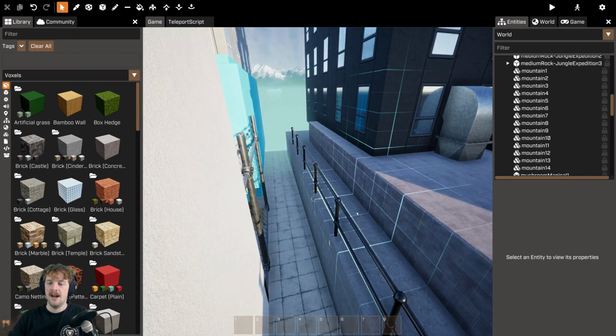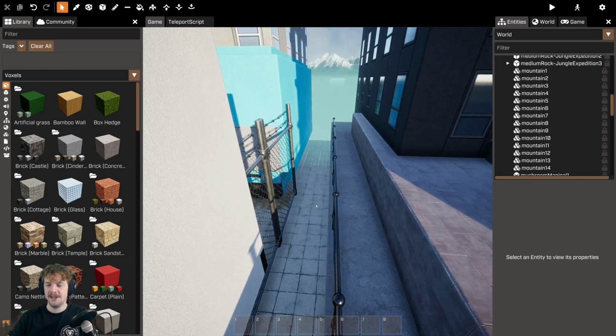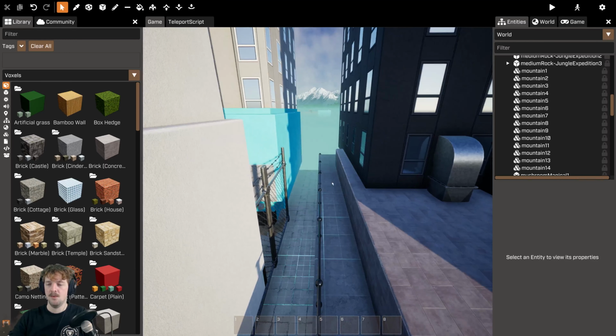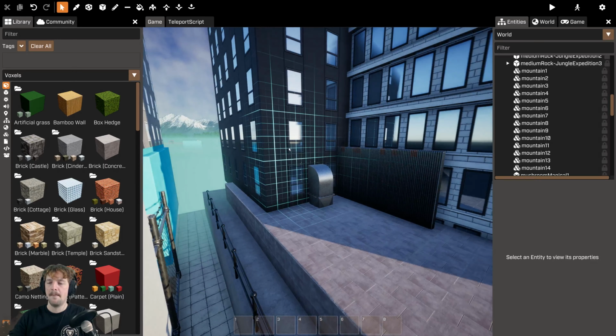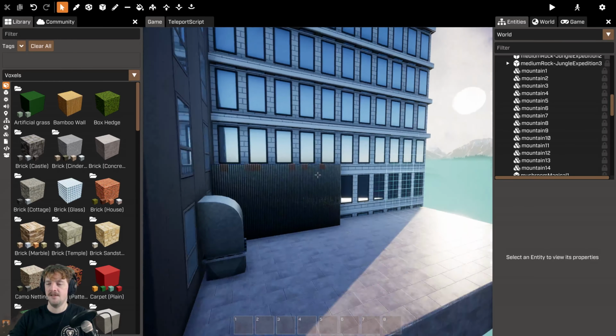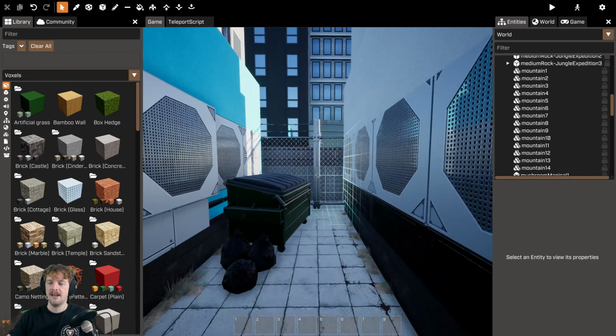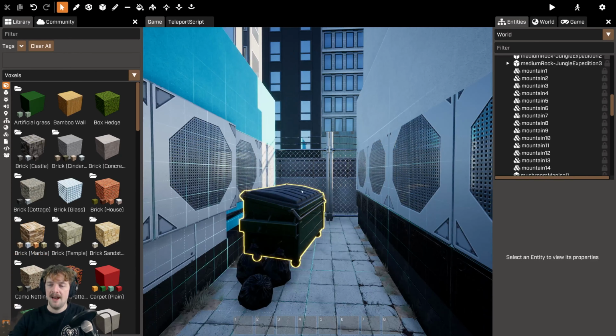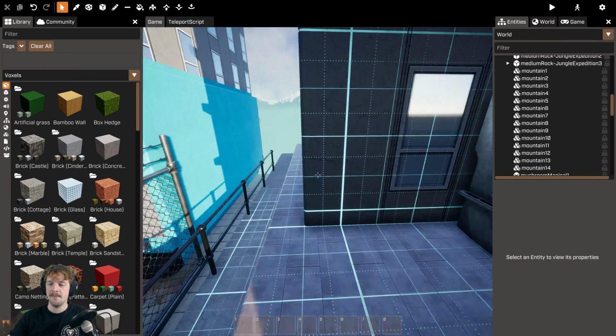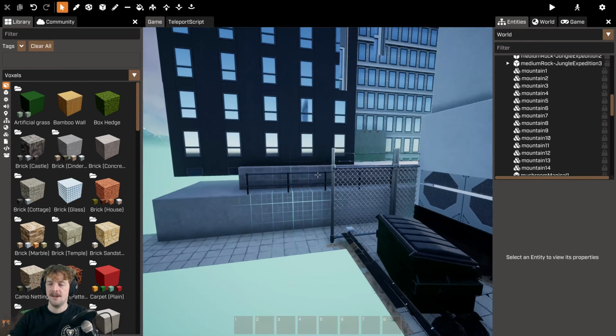So we've got narratively and contextually aware elements like elevated walkways, buildings, maybe some meshes, or maybe some other fences, multiple fences, so that you're adding depth. You've got multiple layers of boundaries,